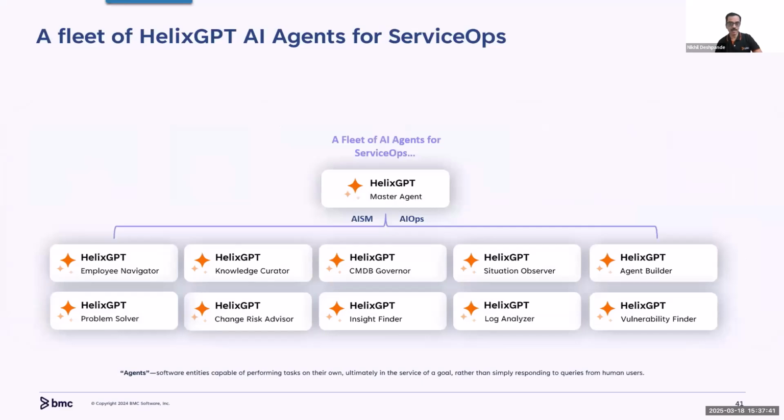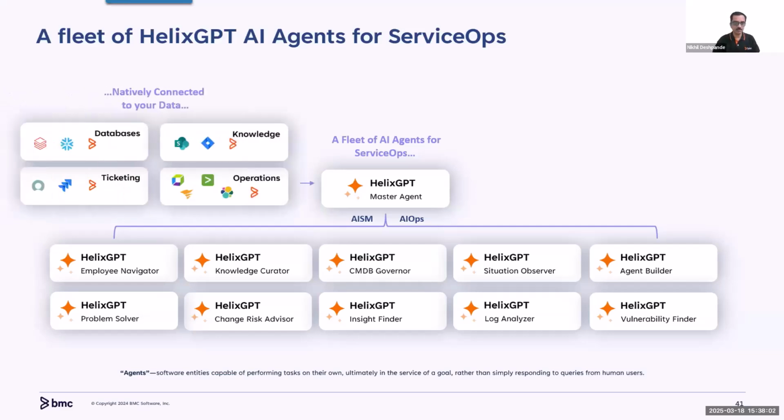Helix GPT is the master agent, and it draws on a number of agents across our service management and operations management solutions, with every agent specializing in certain skills. You'll notice that one of these agents is Helix GPT Insight Finder, and we'll talk about that in a moment. You'll be able to connect to your databases, which is not just Helix, but you could also use our AI agents based on your external data sources, or your internal data sources, such as maybe SharePoint or Jira or whatever. So Helix GPT is a range of agents that enable you to fulfill a lot of those requests,